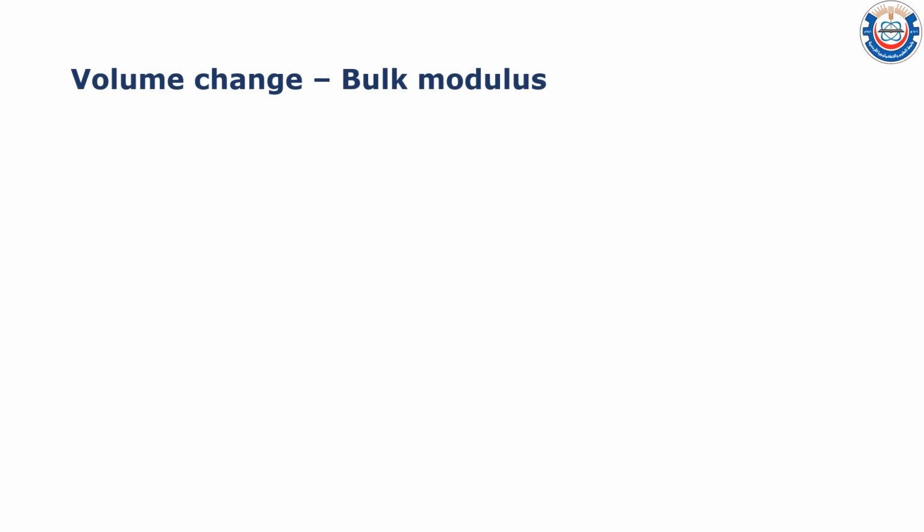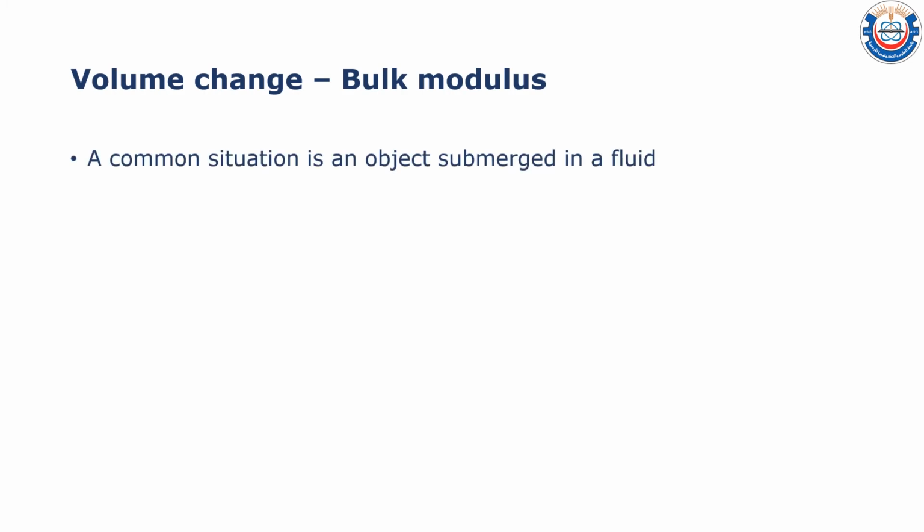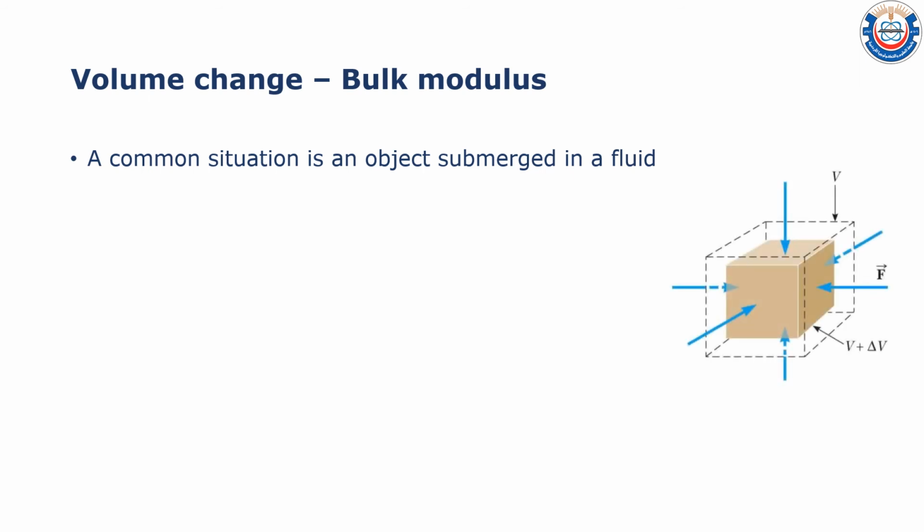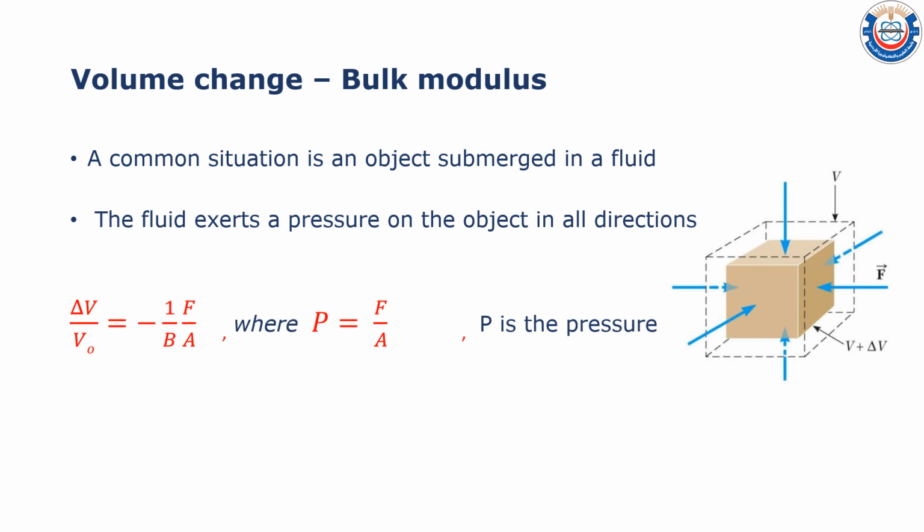Bulk modulus. If an object is subject to inward forces from all sides, its volume will decrease. A common situation here is similar to an object submerged in a fluid. The fluid exerts a pressure on the object in all directions. The pressure is defined as force per unit area, and then we can calculate the change in volume divided by the original volume V naught, which is equal in this case to minus 1 over B times the pressure,